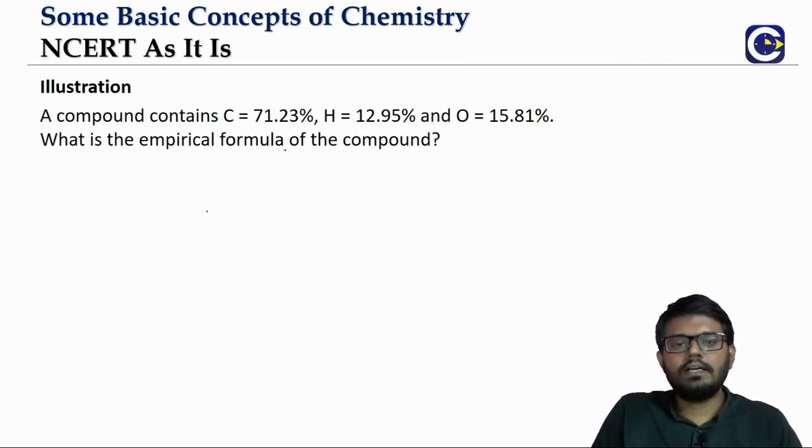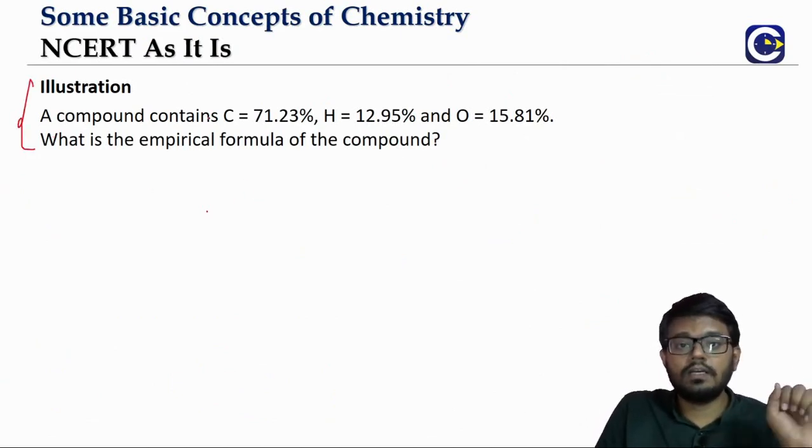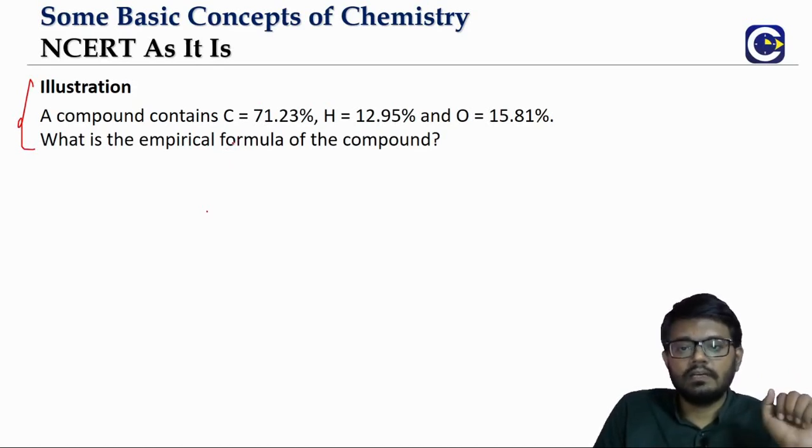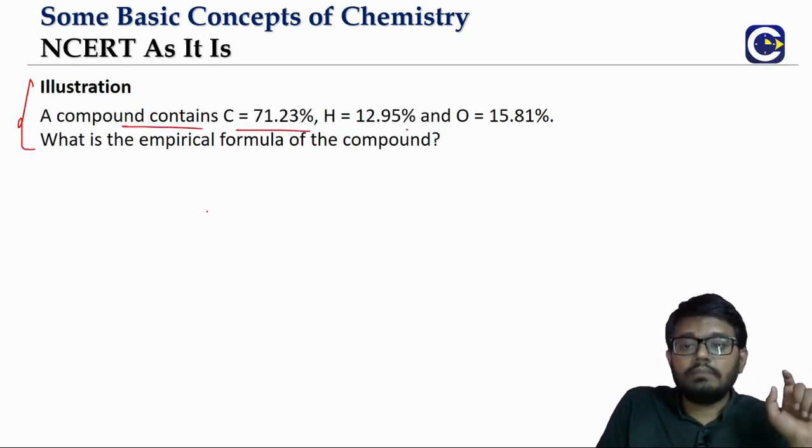So we look at this illustration. This is in fact not an NCERT textbook example. Because we have only one example based on the NCERT, we thought we will take up one extra question and get additional practice. Usually we don't want to do it; we want to stick mostly to the NCERT textbook, but since it is an important idea, we want one extra question. So the compound contains carbon, hydrogen, oxygen.